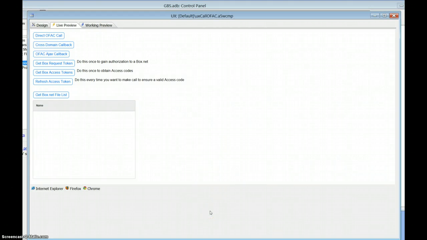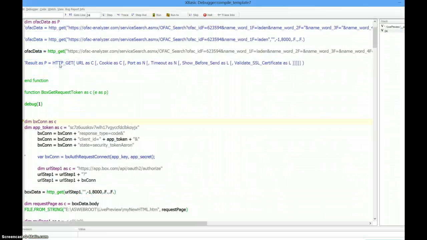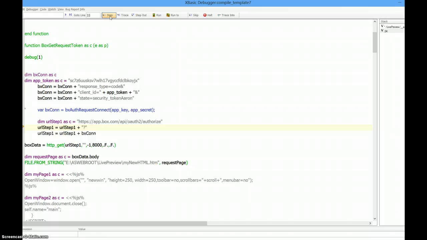Those two videos help a lot in one aspect that I was really stuck on. Let me just take you through this. I understand the get box request token stuff, so you do that once to gain authorization to box.net. But where I was stuck is, I'm just going to run this. I put all my information together that I need to, and I'm just going to walk through it. And what I'm getting back as box data,